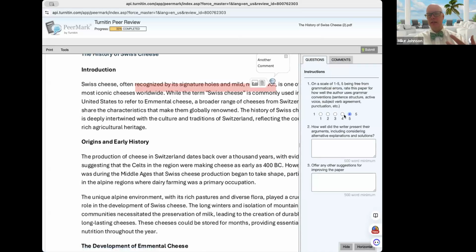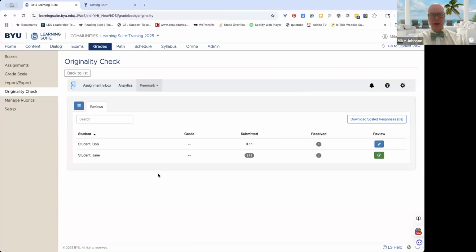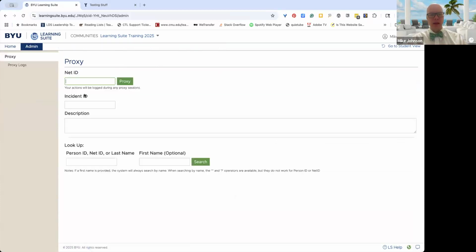And then when they're done, they submit, and so forth. So let me share my screen again here. And so that's kind of what the Turnitin looks like. But when a student goes in,